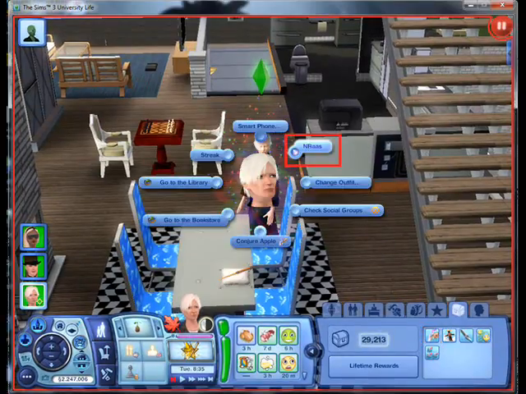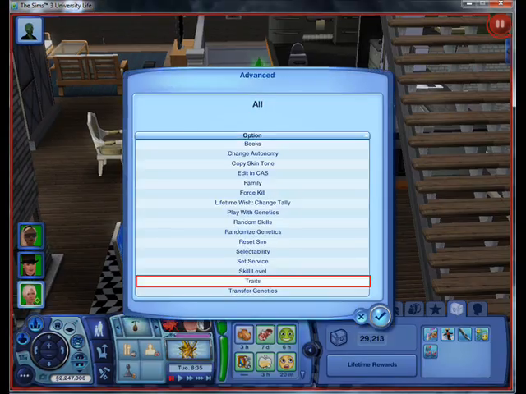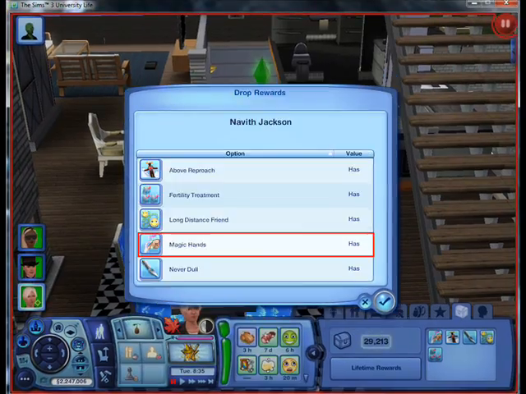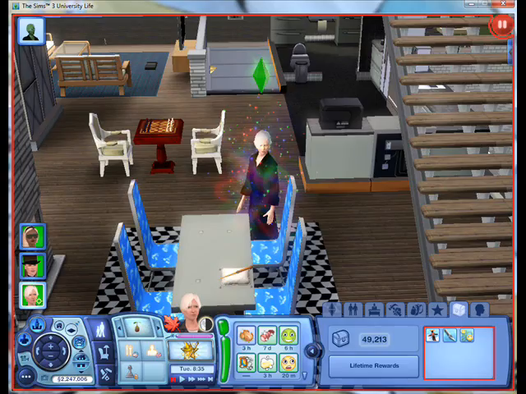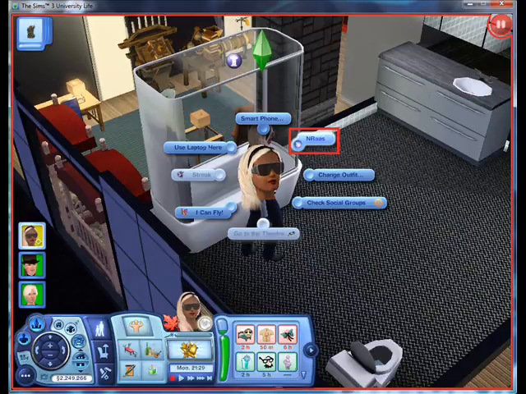You would click on your active Sim, assuming that Sim is the witch, NRAS, Master Control, Advanced, Traits, Drop Reward, and proceed to drop that reward, then re-establish it by buying it again, and voila, your magical hand is in effect once more.